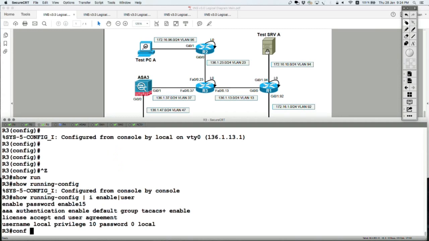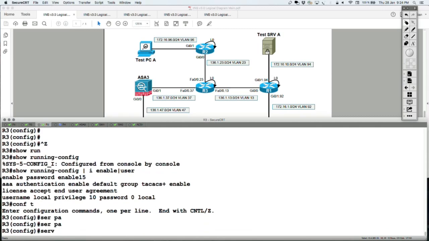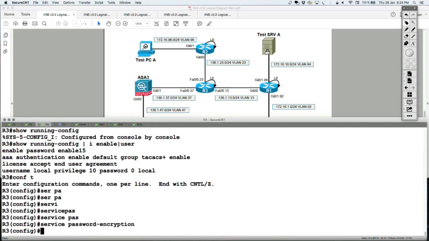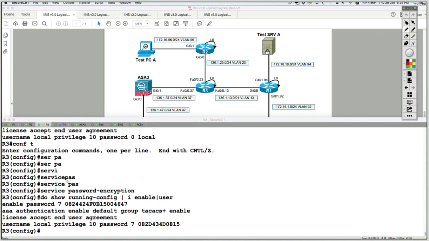So one easy way, if you have the passwords configured using the password keyword, is to say in here on the router service password encryption. That's a global command. Service password encryption. And if you say now again do show run include enable user, you're going to see that those commands are now being hidden. So there you go, the password no longer shows up in clear text for the user and also for the enable password. But what you see in here, in show run, is this 7,